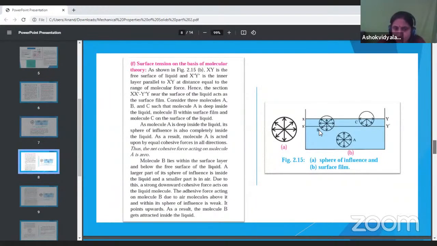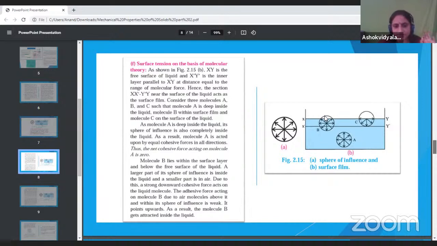The adhesive force acting on the molecule B is due to air molecules. आता दुसरा फोर्स कुठला आहे, बी मॉलिक्यूल हा थोडा जास्तीत जास्त लिक्विड मध्ये आहे आणि कमीत कमी एअर मध्ये आहे, त्यामुळे जास्तीत जास्त ऍक्ट होणार कुठला फोर्स आहे, लिक्विड मॉलिक्यूलचा, तो आहे कोहेसिव्ह फोर्स, आणि ऍडेसिव्ह फोर्स कुठला आहे, एअर मॉलिक्यूलचा, तो कमी आहे. And this adhesive force acting on molecule B is due to air molecule and above it,